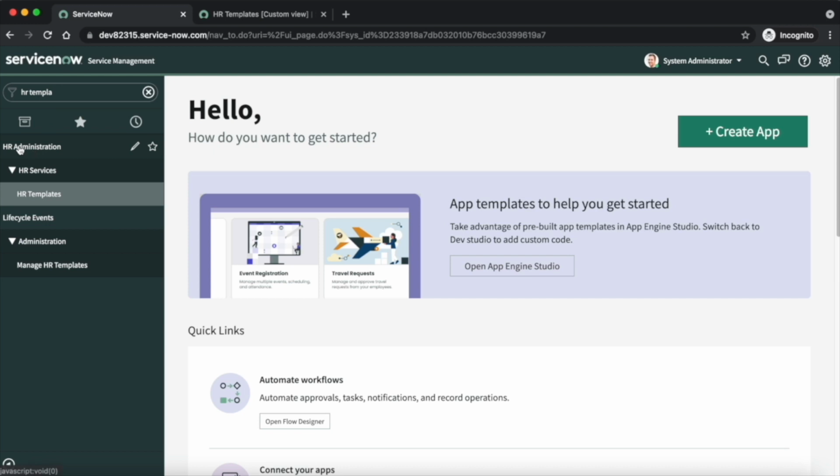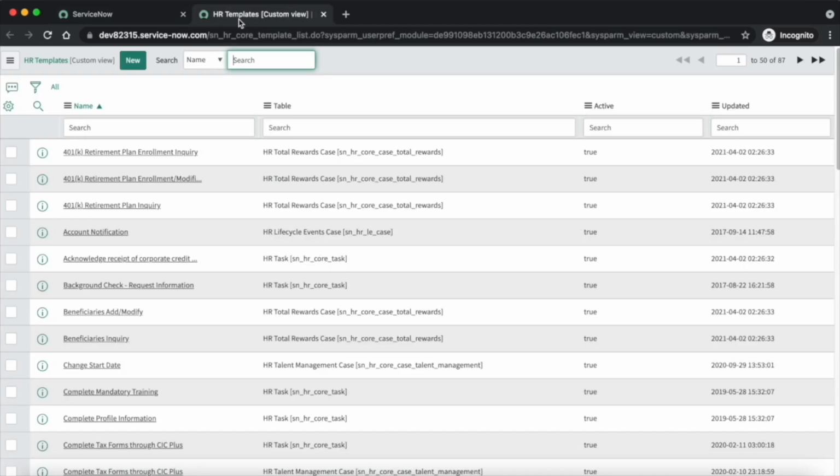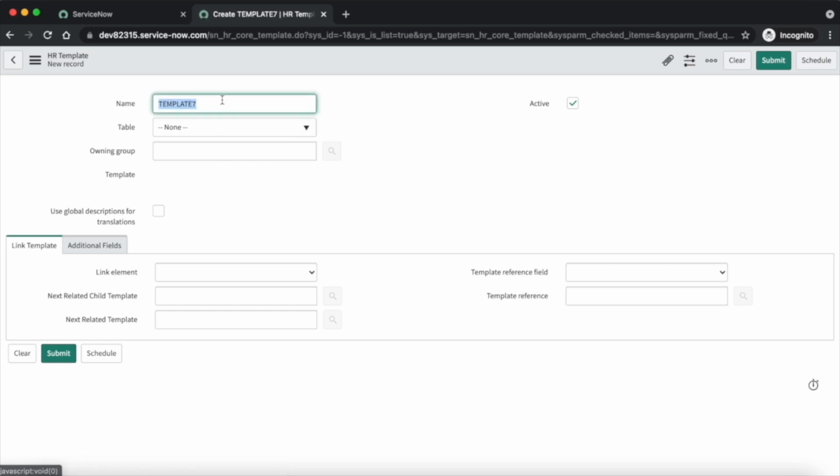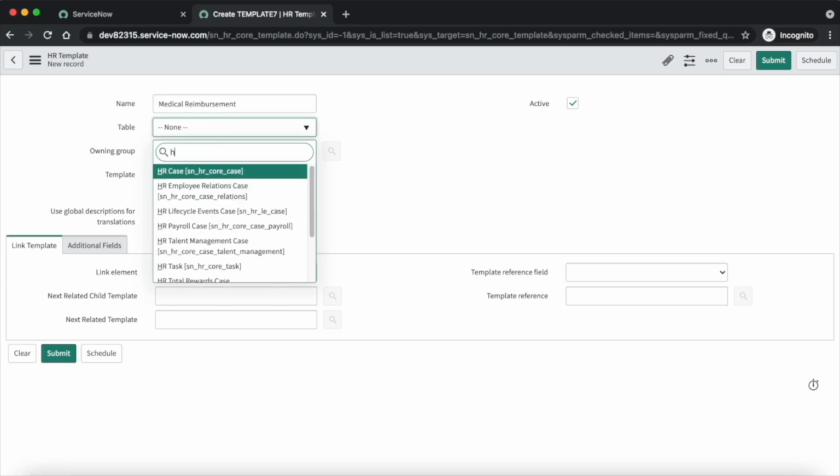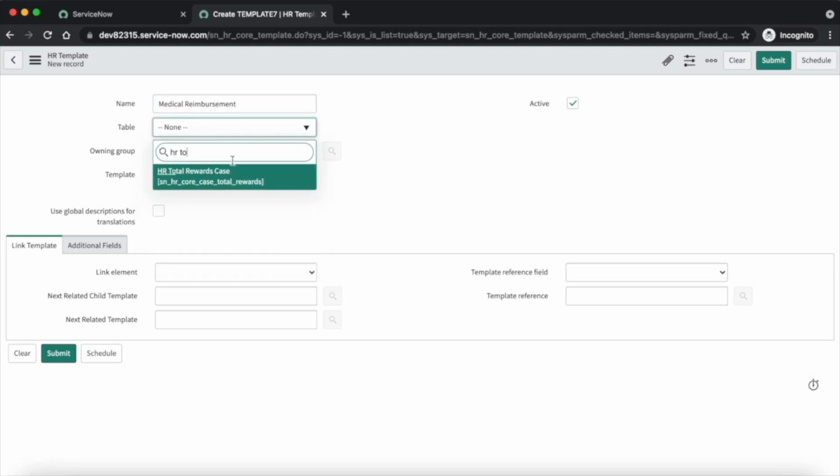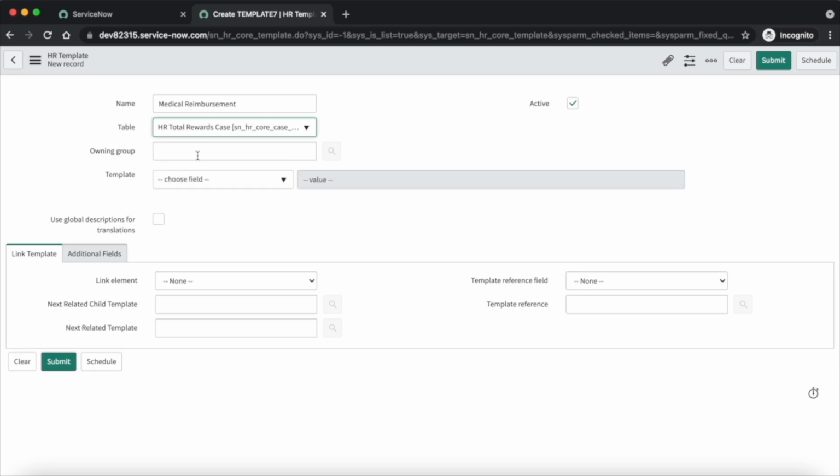So here you can see that under HR administration we have HR services, and under HR services we have HR templates. Now we can click on the new button. Table is HR total rewards case. Owning group is HR benefits.